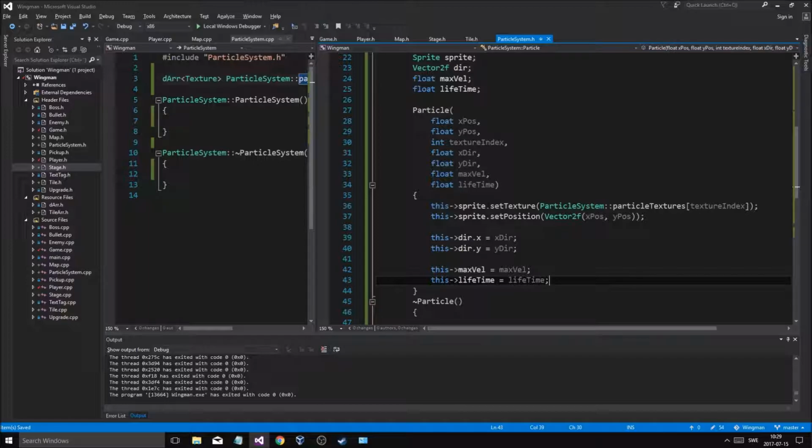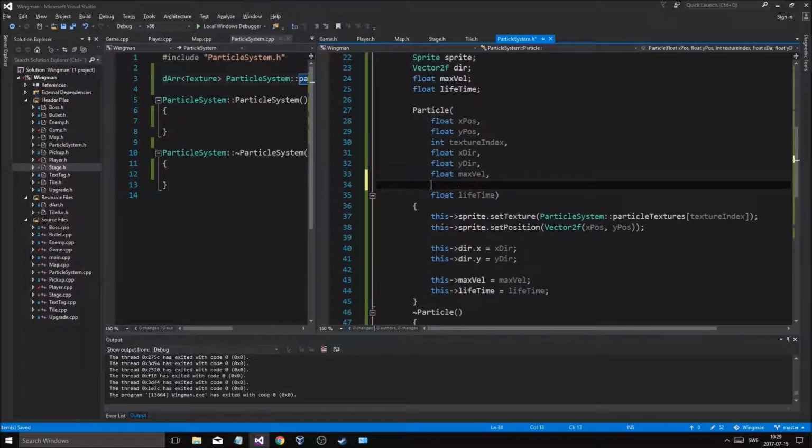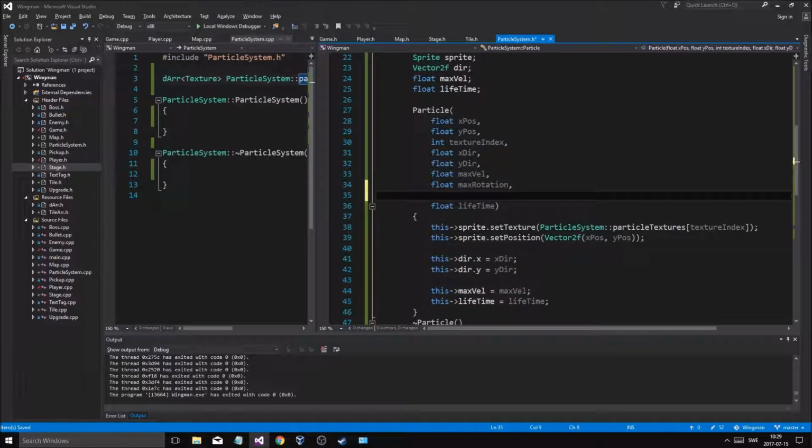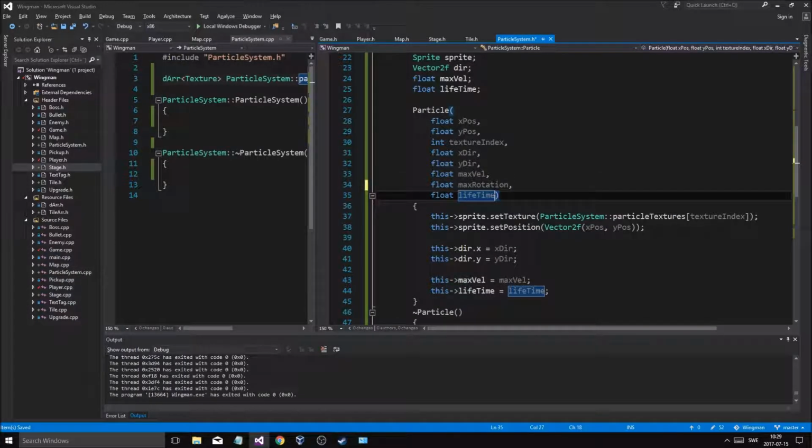So and a float max rotation, and then a lifetime, and then